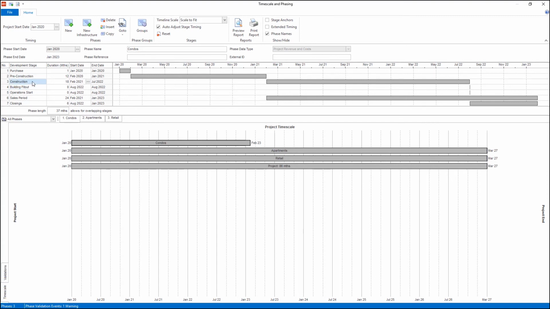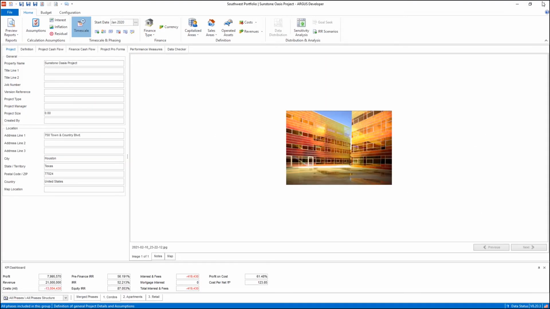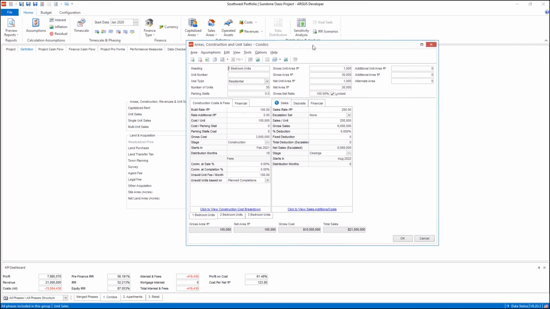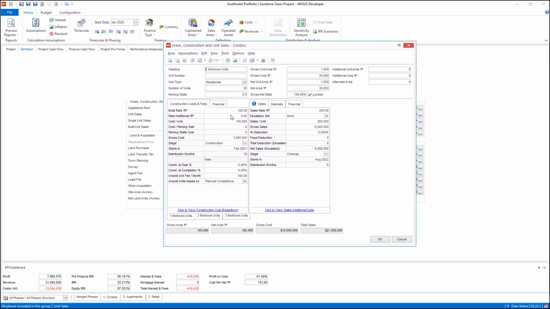So if I get out of our timescale and phasing, once I have all of that created, I can then go to our definition tab, and when it comes to getting a little bit more detailed, I can click the ellipses next to any one of these data items, and once I click that ellipses, I can get a little bit more detailed and I can model construction costs and unit sales. And you'll see here as I model construction costs, I have the ability to link it to the correct stage that it should be in.